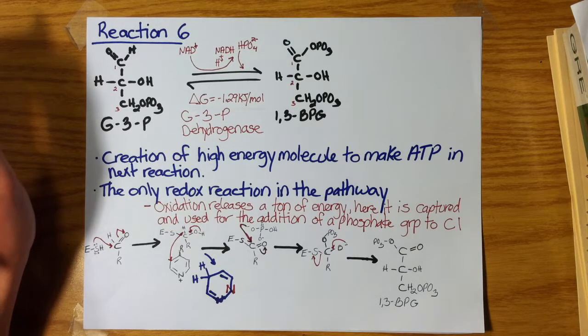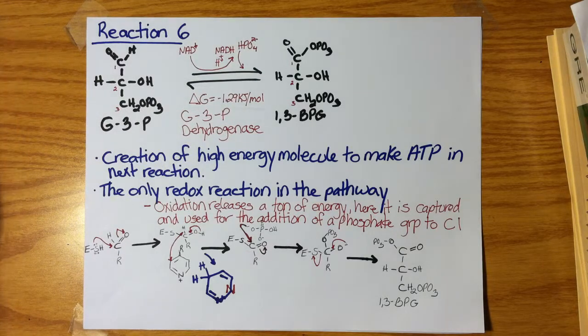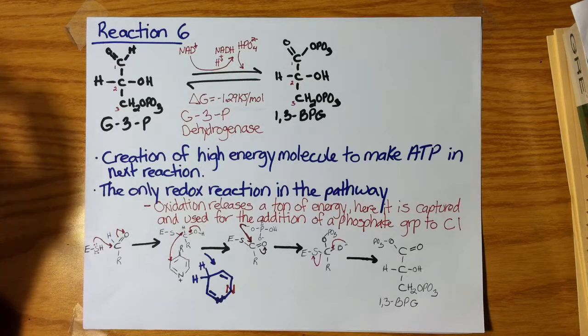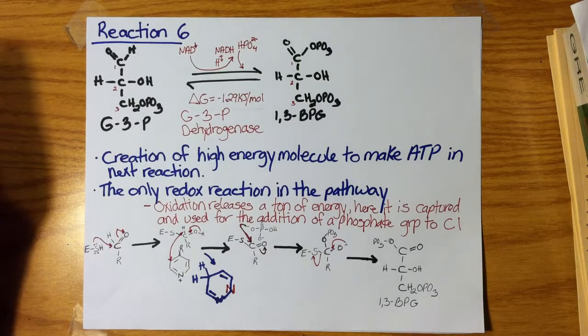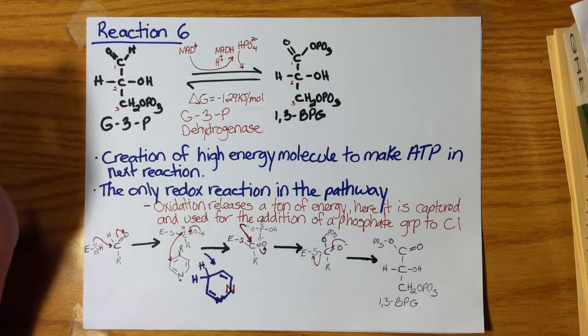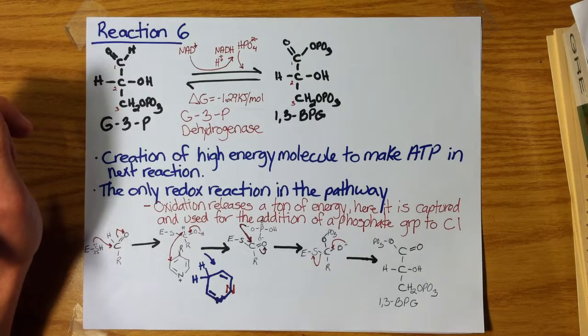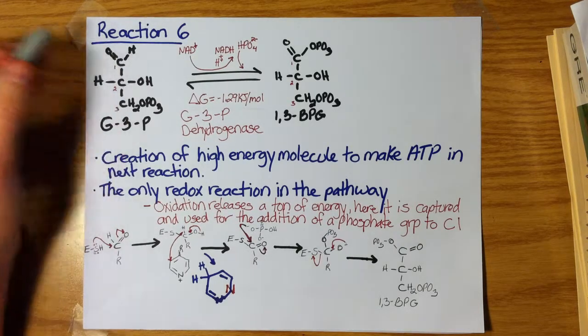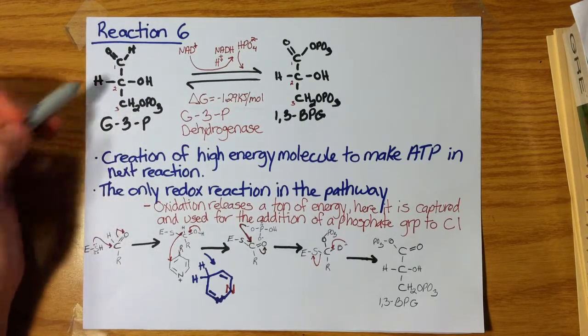Now in the payoff phase, we'll receive four total ATP molecules for an overall yield of 2, and we'll end up with our final product for this pathway, that being pyruvate. Okay, so here we're going to start off with reaction 6, that is the conversion of